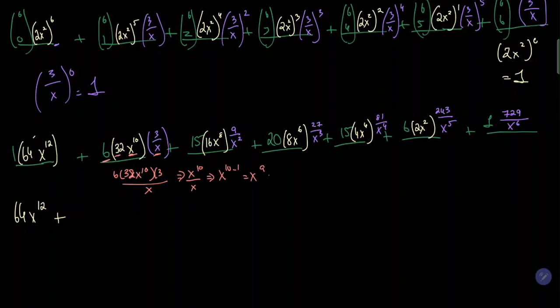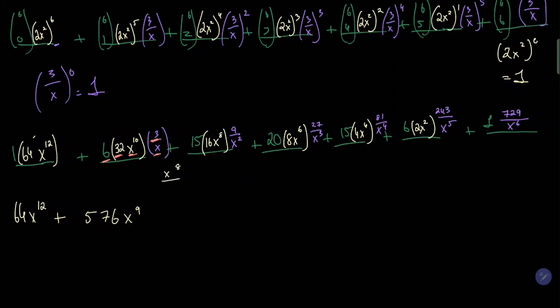So what's 6 times 32 times 3? Put that into the calculator, and you're going to get 576 x to the power of 9. You do the same then for the next part. Just look at the x's first of all. So it's going to be x